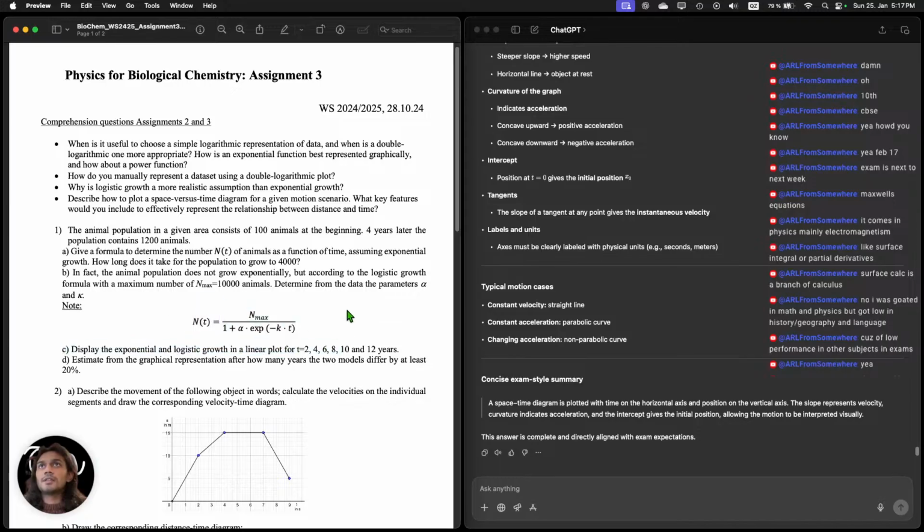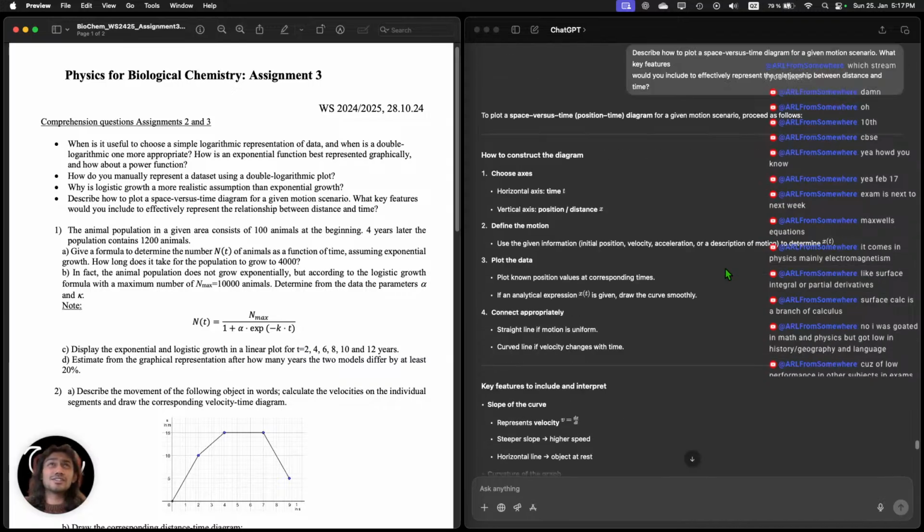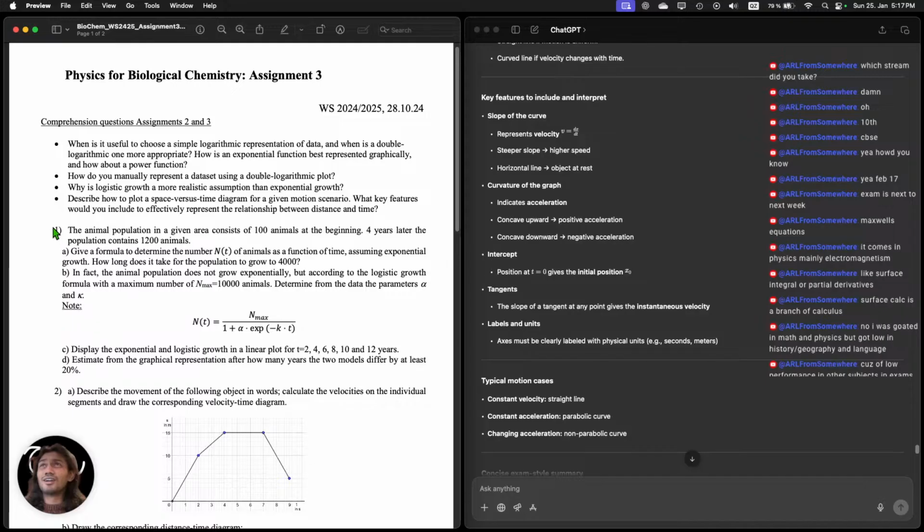N(t) = N_max / (1 + alpha times exp(-k times t)). What? What is this? You know what? I think I should stop here because I'm pretty